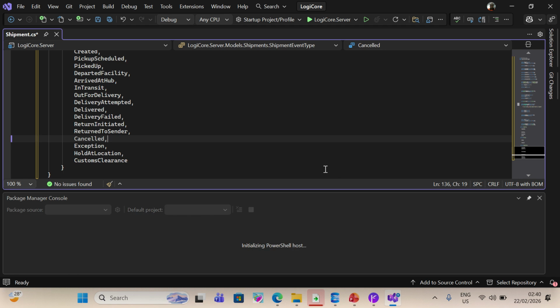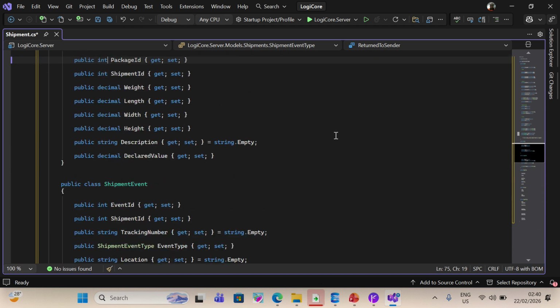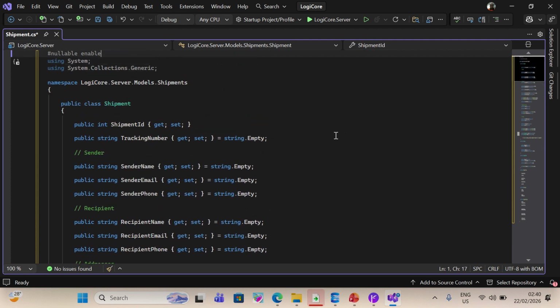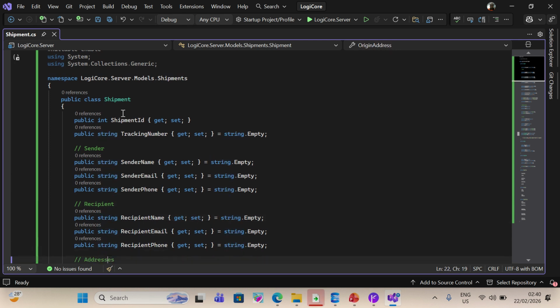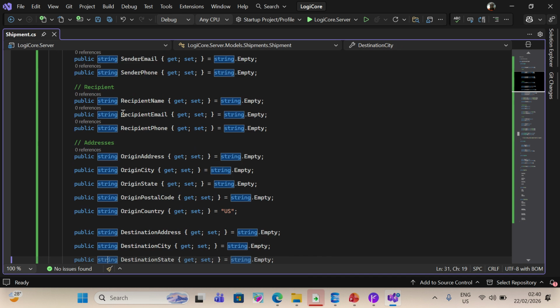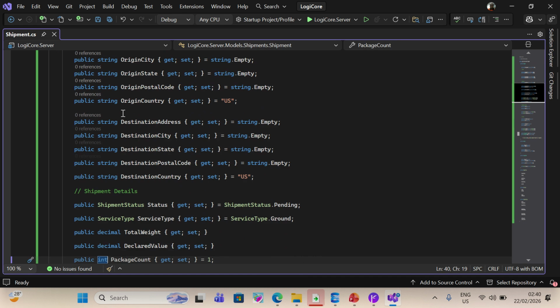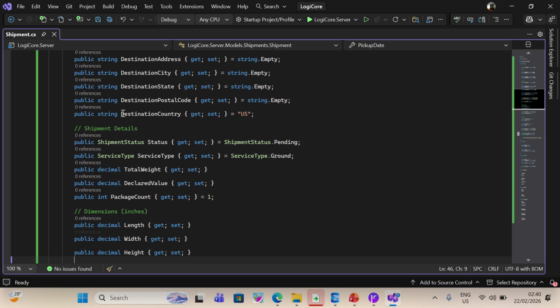Now what do we have in the Shipment class? In the Shipment.cs file, we have the first class, Shipment, and it has properties like ShipmentId, TrackingNumber, SenderName, SenderEmail, SenderPhone, RecipientName, RecipientEmail, RecipientPhone, OriginAddress, OriginCity, OriginState, OriginPostalCode, OriginCountry, DestinationAddress, DestinationCity,